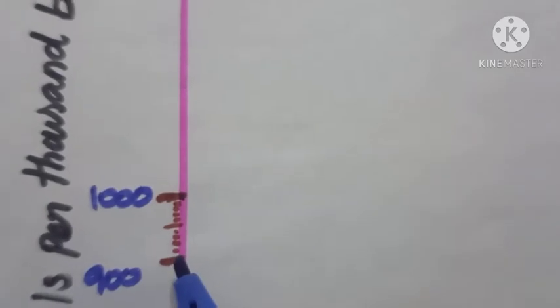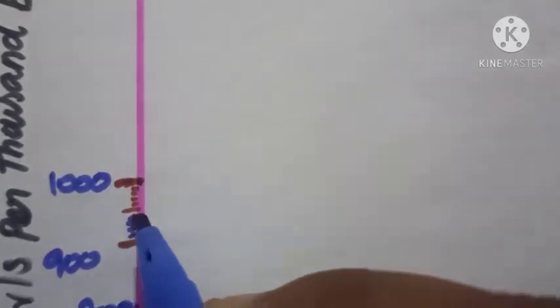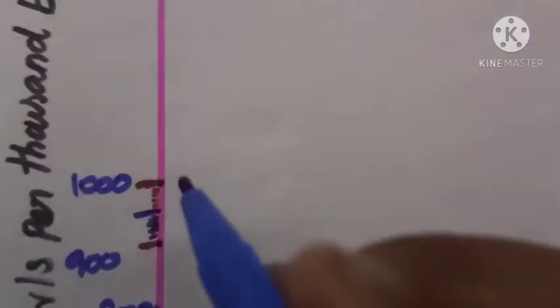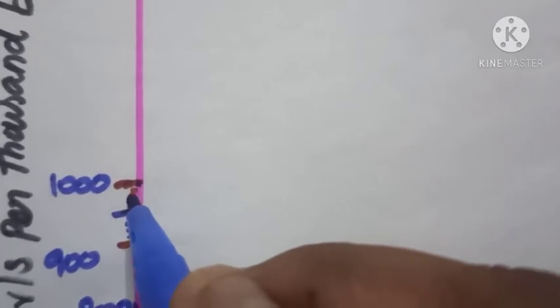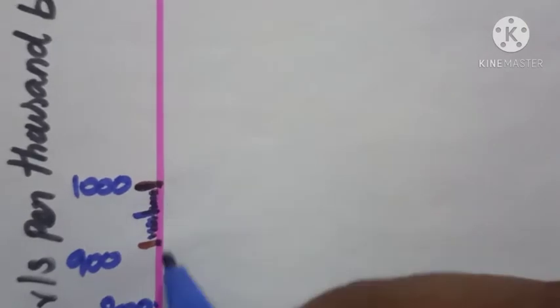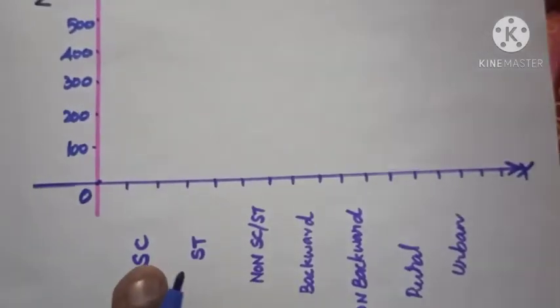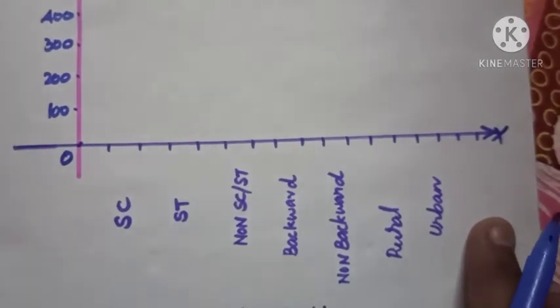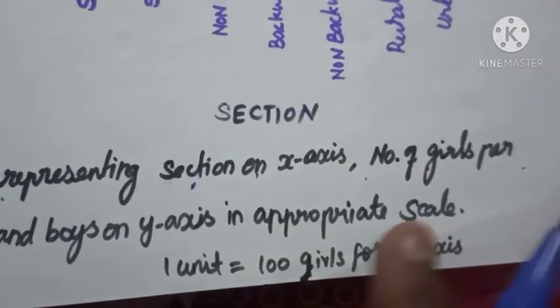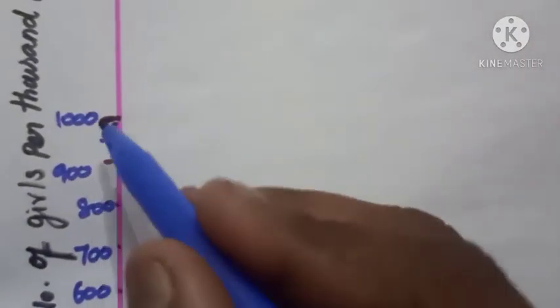So you can see this is 900. Why do I have to mention the millimeters? This is 910, 920, 930, 940. This big one is 950, then 960, 970, 980, 990, and this one is 1000. So I have to separate this into 10 sections. To draw the bar graph, they have given the number of girls per section of society. That is why I take 1 unit equal to 100 girls, but all the conditions are given in the range of 900 to 1000. We represent the bar graph.